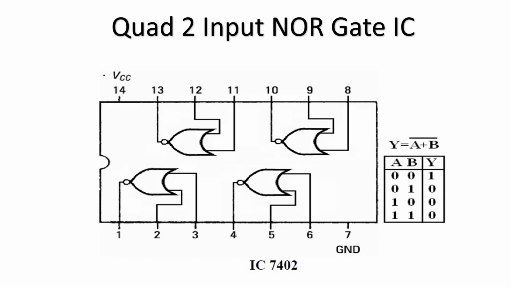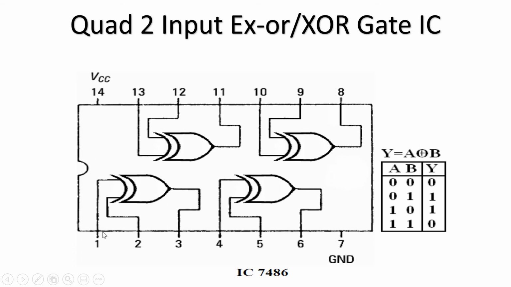Whenever you are constructing a circuit using this particular IC, you should understand the pin diagram and the proper pin numbers. Then only you can connect things in a proper way and execute. The logic function is y is equal to (a plus b) bar. And the next gate is the XOR gate. The XOR gate IC number is 7486, and the construction of the pins you can see here. 1, 2 are inputs, 3 output, 4, 5 inputs, 6 output. It is similar to the AND gate and OR gate as far as the pin numbers for input and output are concerned. And the logic function of this XOR gate is A plus with a circle, B.